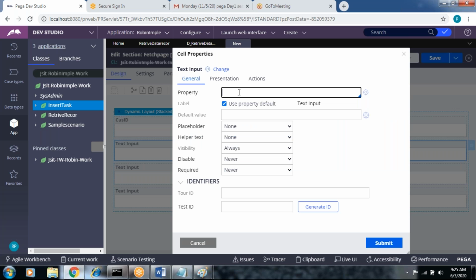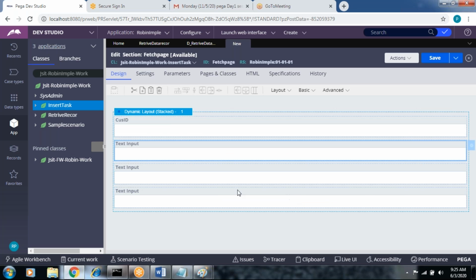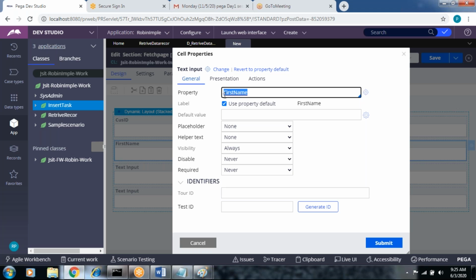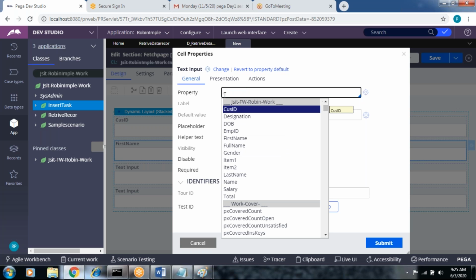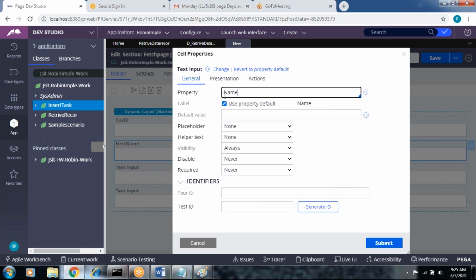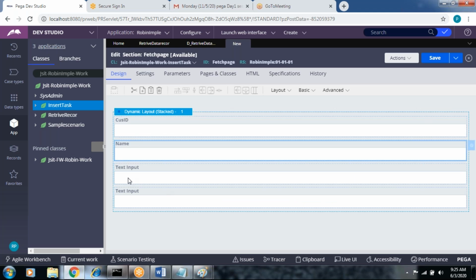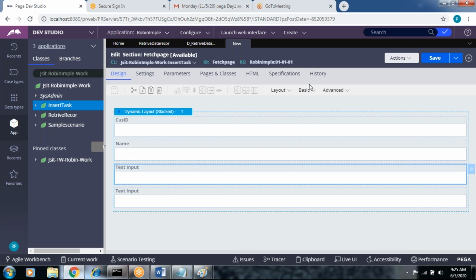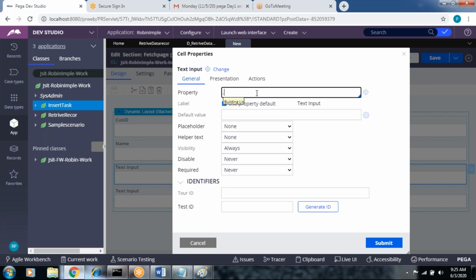This is first name. Sorry. Employee. Employer name. Next one is salary.